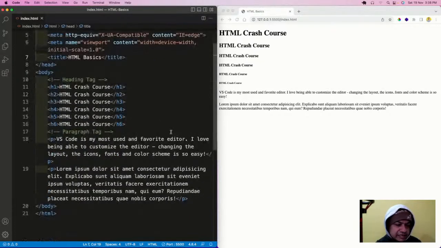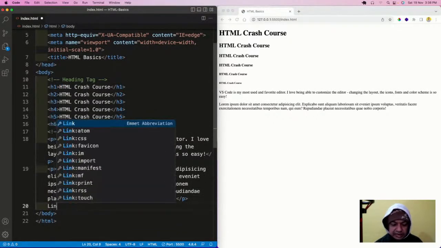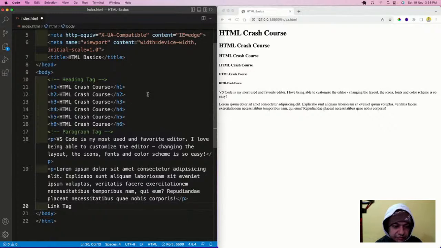We're going to the next important tag, known as a link tag or an anchor tag. So we'll do a link tag. I'm going to select everything and do a Control backslash, which makes it a comment. Then I'll do an a, and for this a I have to give a site name.